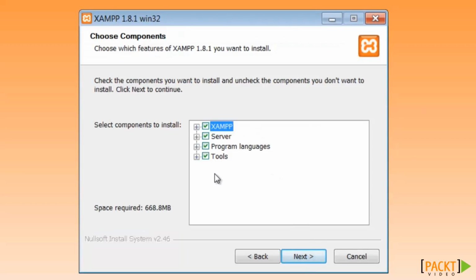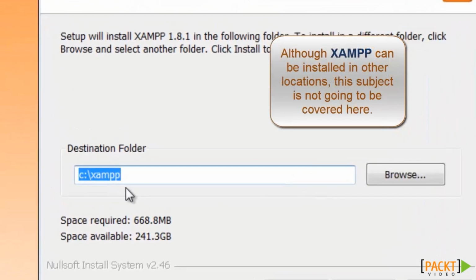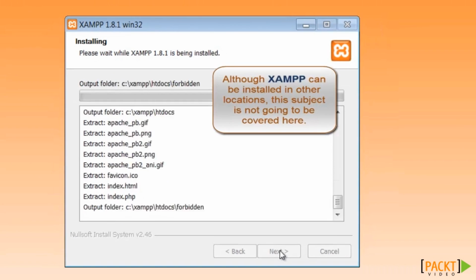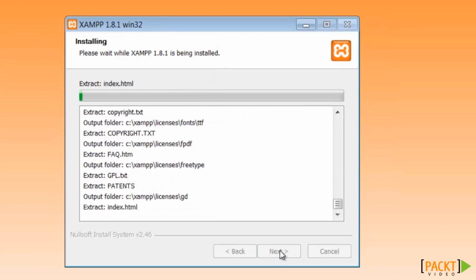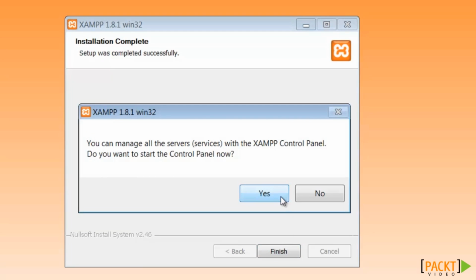And I'm just going to leave all these checked. I'm also going to leave it at the default, which is the root directory of the C drive, and tell it to install. Okay, XAMPP has finally finished installing, so we click Finish, and the next question it asks is, do we want to start the control panel? We're going to say no to that because we need to make our changes to the XAMPP setup before we actually